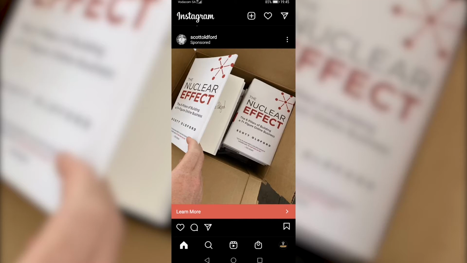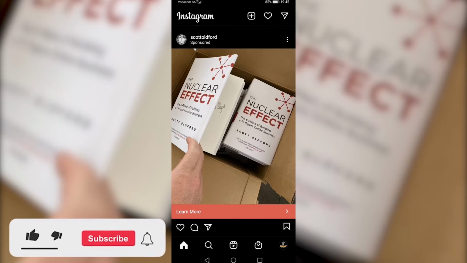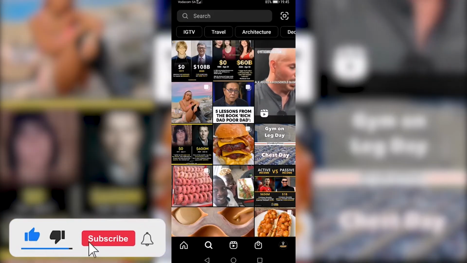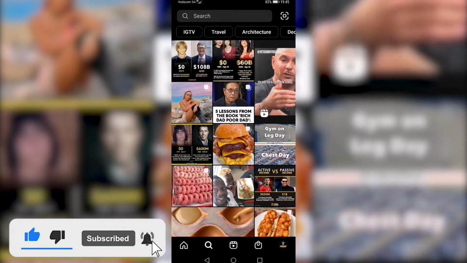In this video, I'm going to be showing you how you can get the "in 2021 I will be" filter on Instagram. So once you have loaded up Instagram, what you want to do is tap on the little magnifying glass at the bottom there on the left hand side to go to the discover page. And then once you're on the discover page, you want to tap on the search bar, and then you want